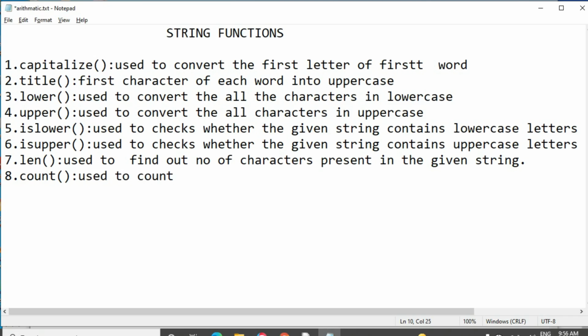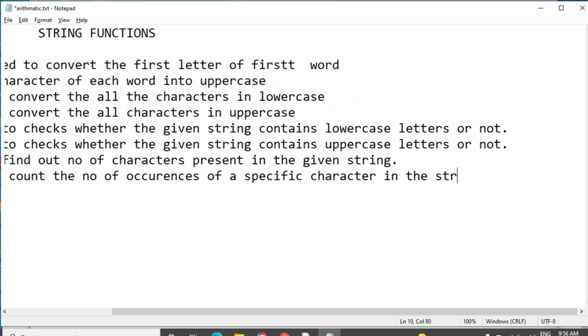So this function is used to count the number of occurrences of the specific string, specific characters in the string.